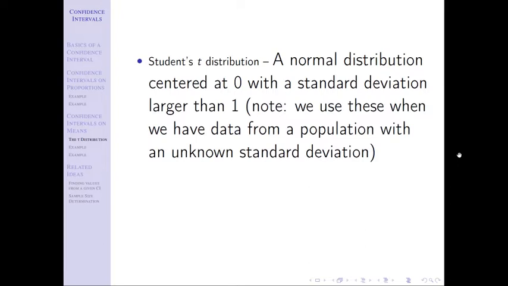Instead, what we'll use is s, because s is the best point estimate for sigma, right? When we talked about point estimate, we just said it's basically the best guess at a parameter. Well, if I don't know the population standard deviation, my best guess would be the sample standard deviation, right? So we're not going to have sigma, we're going to use s instead, and because of that, we have to use the t-distribution.